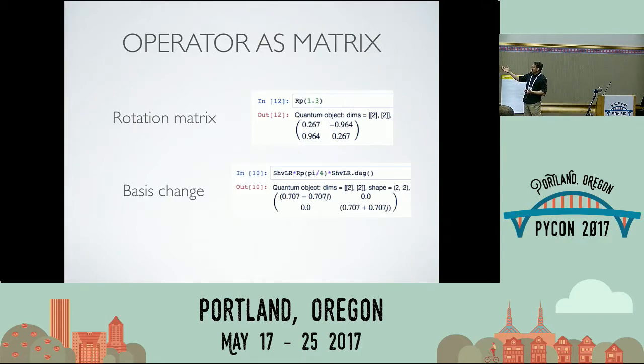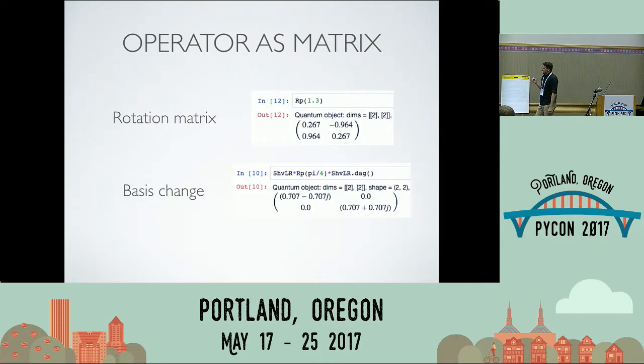So something like a rotation matrix looks like you might expect, and you can define that. And I've just prior to this, defined a function that takes a certain number of radians and spits out the right rotation matrix again as a quantum object, so QTIP knows what it looks like. And you'll see that QTIP tracks the dimensions for you, and it makes sure that you're not trying to do something silly like multiply things that aren't the right shape and stuff like that. So it provides a lot of student-proof feedback for making silly mistakes.